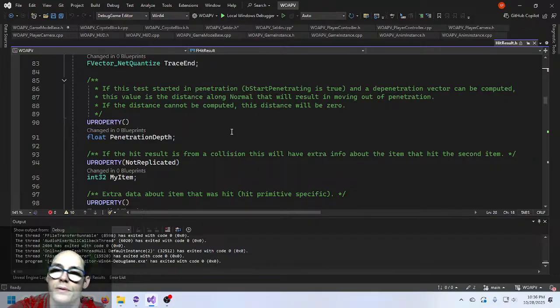Another option that I can do is, instead of tracing out from, so if I'm hitting the point and then I'm tracing out some distance, instead of doing that, I can start out from some distance and trace back to my point. Flip it, and then it'll give me the result that I want. So that could work as well. Because I will want that impact normal, so that I have